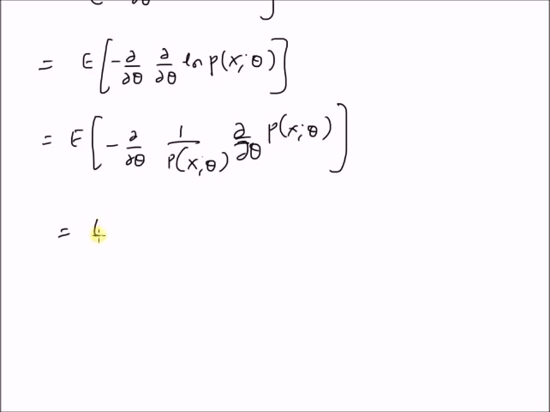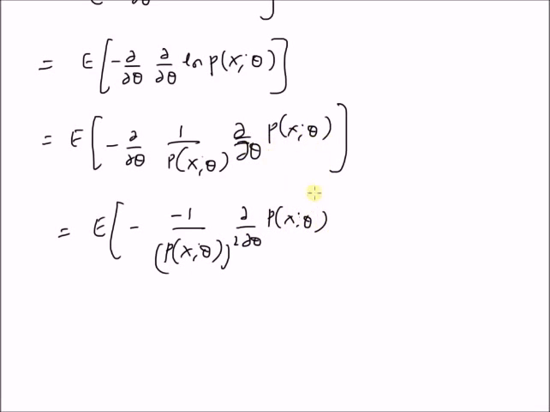So we have the expectation of minus the derivative of 1 by the likelihood function, which is minus 1 by the square of the likelihood function multiplied by the derivative of the likelihood function, and then we have another derivative of the likelihood function,